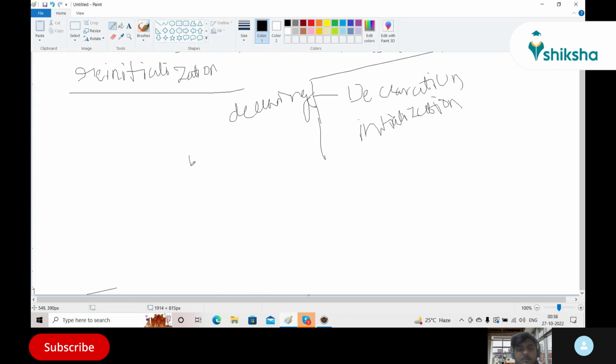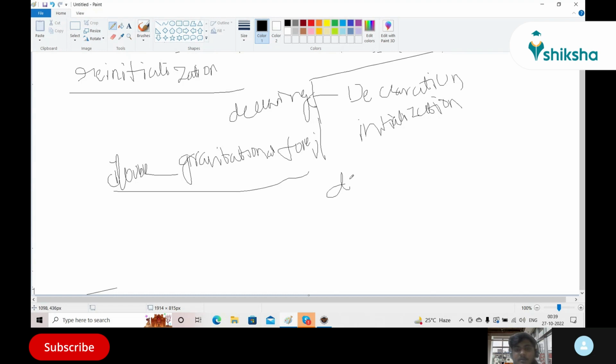For example, I'm going to use gravitational force as my variable. I'm going to just declare this with a data type double, because we know gravitational force is a floating point number. So just declaring it will be a declaration,